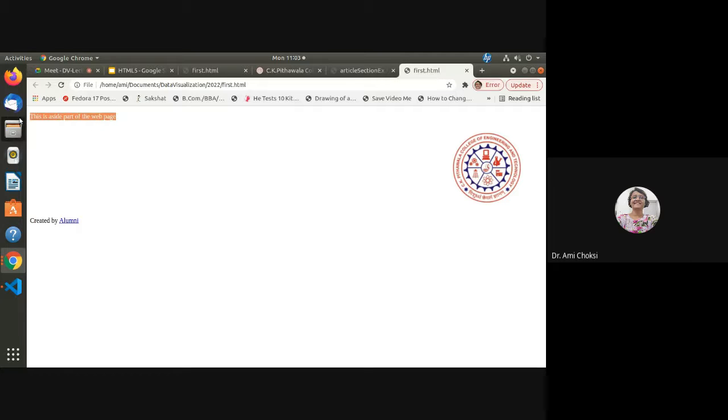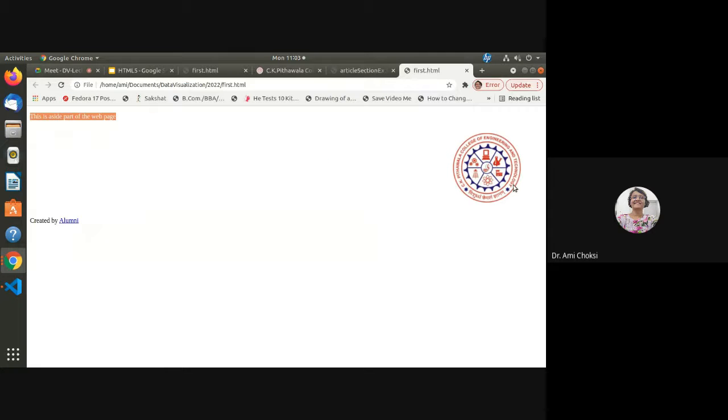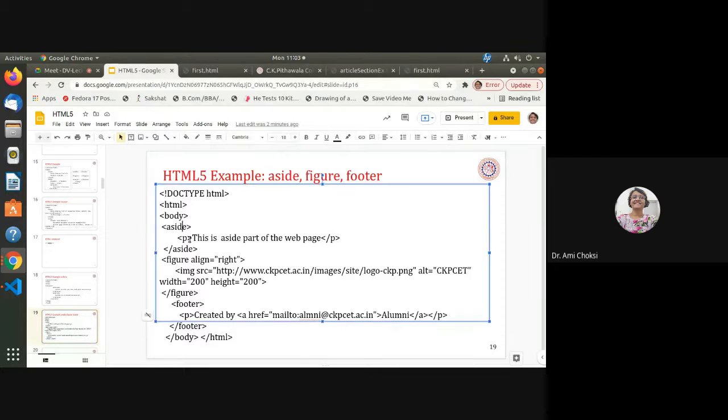Then what we can see here is the image, the path of the image of our CKBCET logo, being displayed here. And for the footer, we can see created by alumni, where the alumni text is the mailto link. So we can see the structure of our HTML5 page. We have aside, figure, and footer, all of these in HTML5.